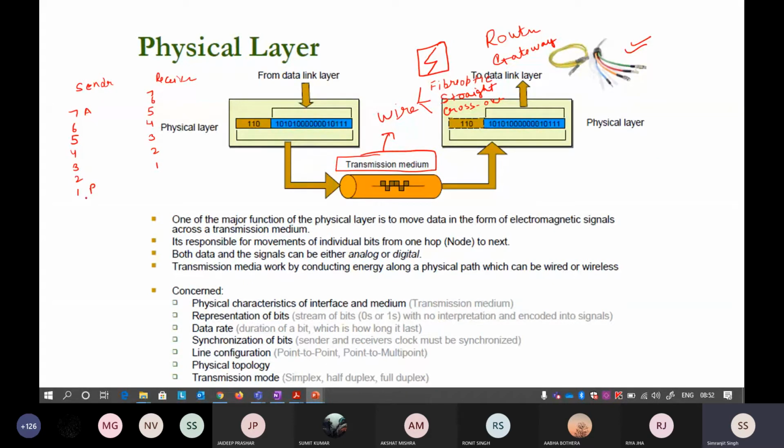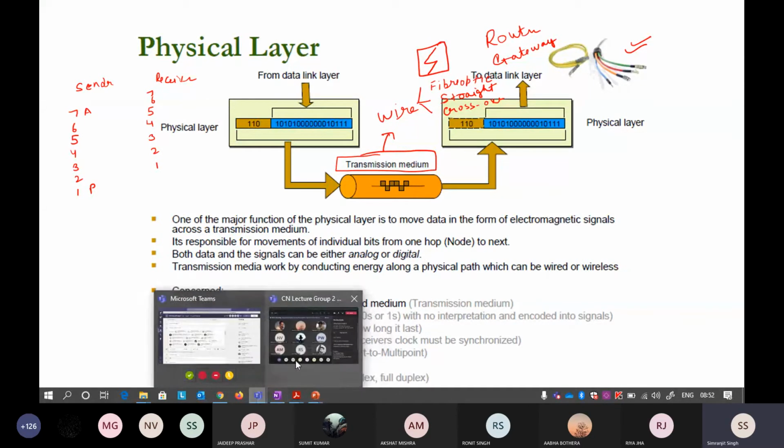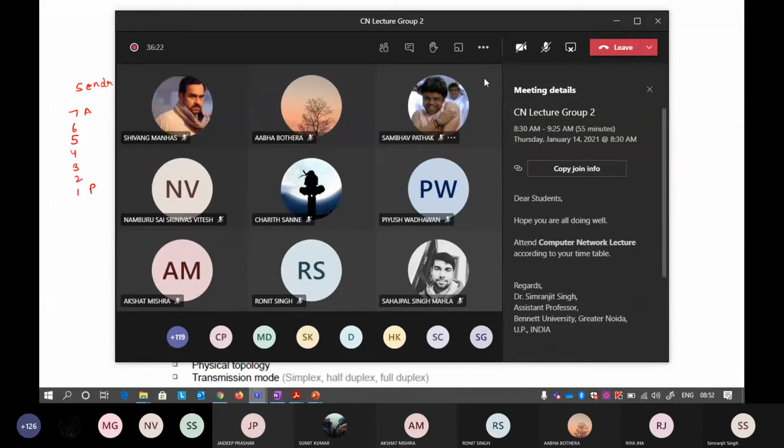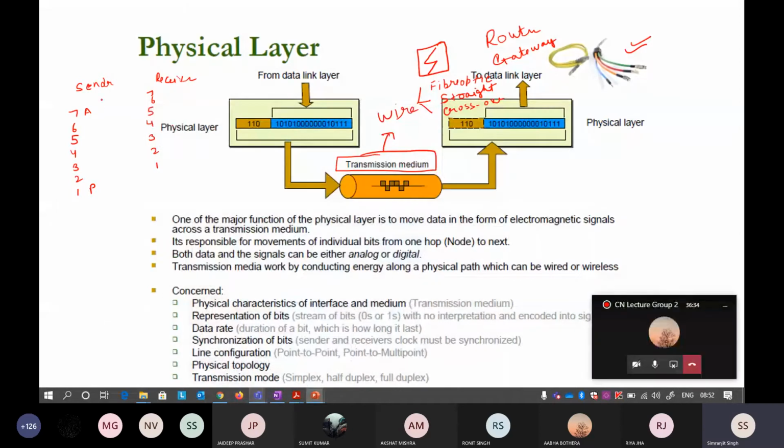Just let me write it. Just wait for a bit, wait for a second. Okay, sorry for that. And you're saying that when you are a sender, I will write the names of the layers: